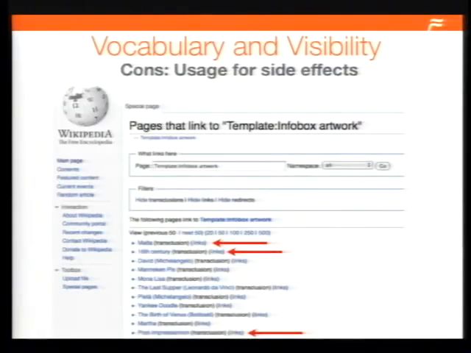This is my favorite example. If you think about Wikipedia, which I'll talk about a little bit more, the info boxes themselves, I think, are a very rich form of vocabularies. And so they have